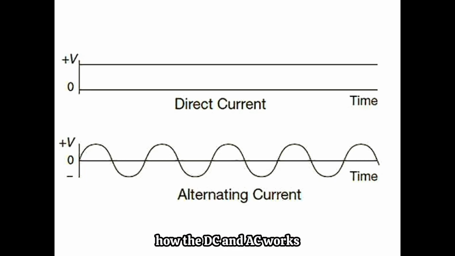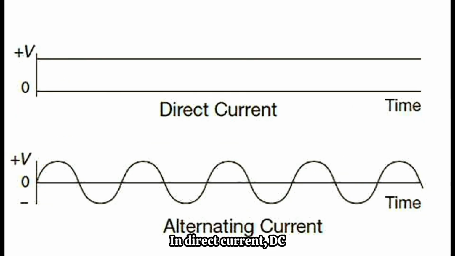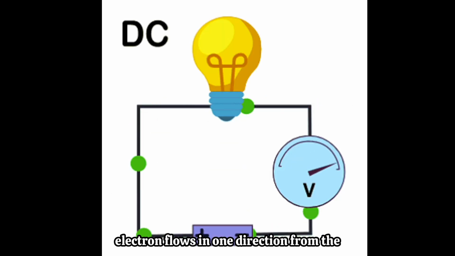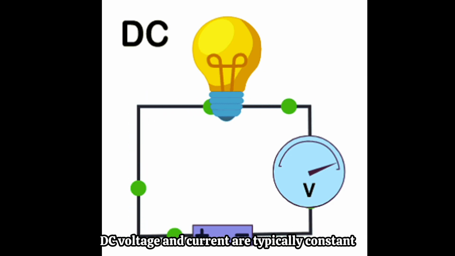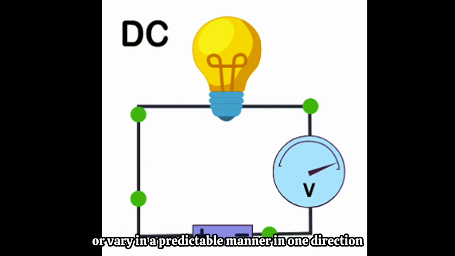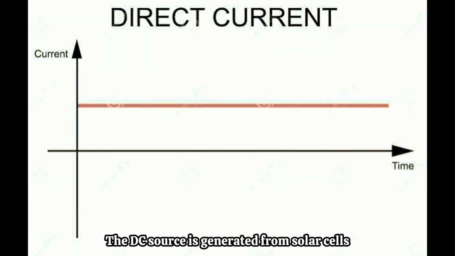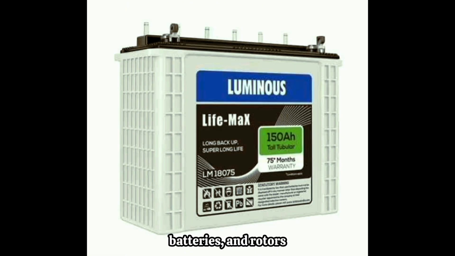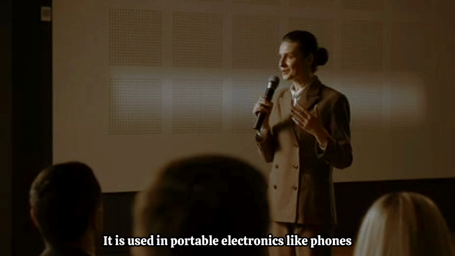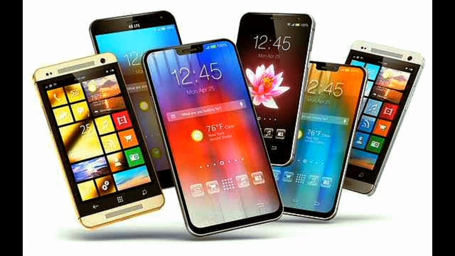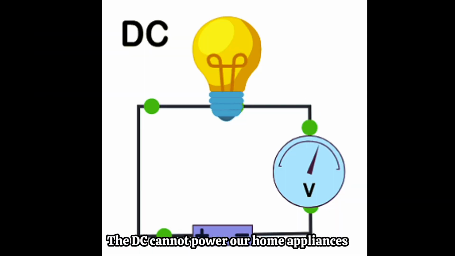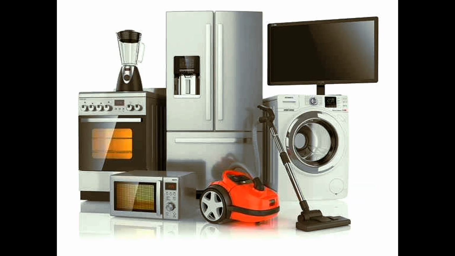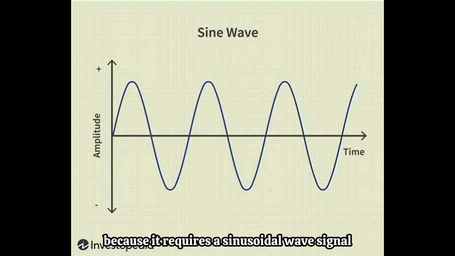But before we begin, let's quickly explain how the DC and AC work. In direct current, DC, electrons flow in one direction from the negative to positive terminals. DC voltage and current are typically constant or vary in a predictable manner in one direction. The DC source is generated from solar cells, batteries, and rotors. It is used in portable electronics like phones, laptops, automotive systems, and some renewable energy systems. The DC cannot power our home appliances because it requires a sinusoidal wave signal to be able to operate our